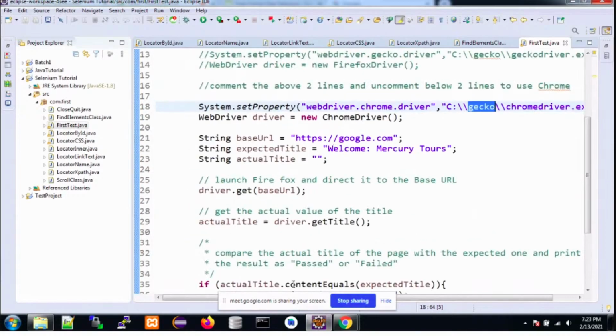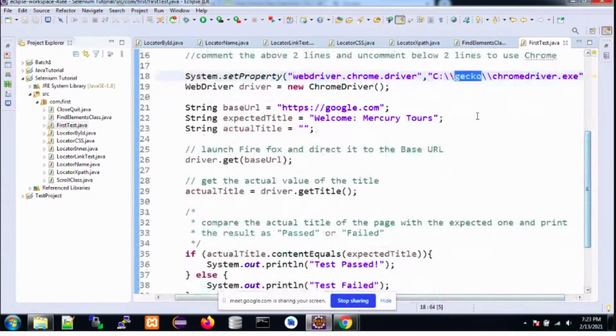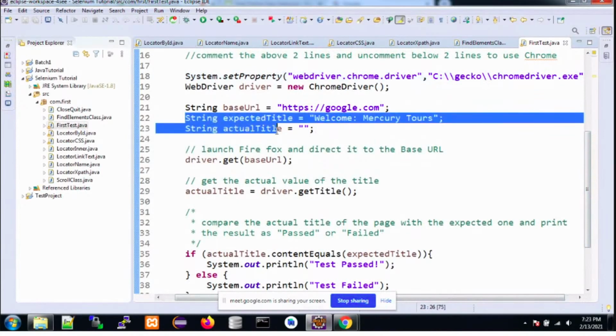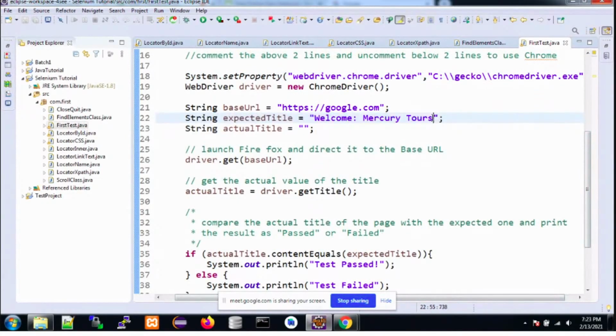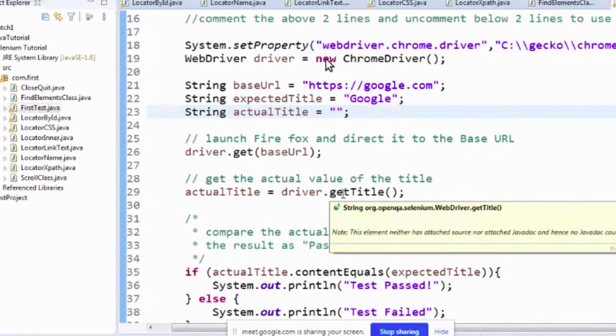This is the page title, and in this program I am comparing the page title. I am passing the expected title first. Let me make it Google. This is the expected title that I'm expecting. The actual title, I don't know what it is, but I will get it with the help of the driver.getTitle function.